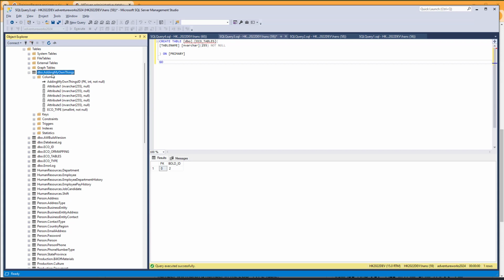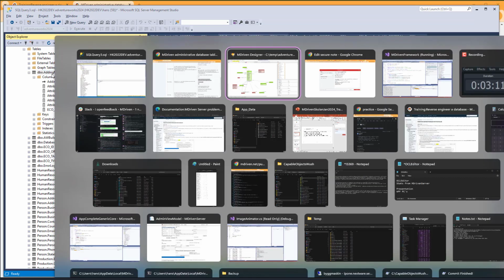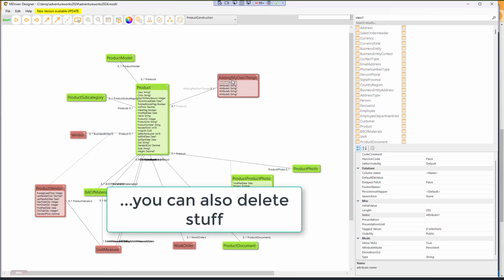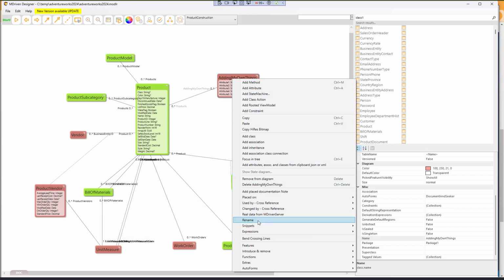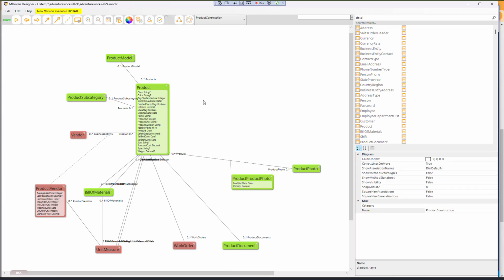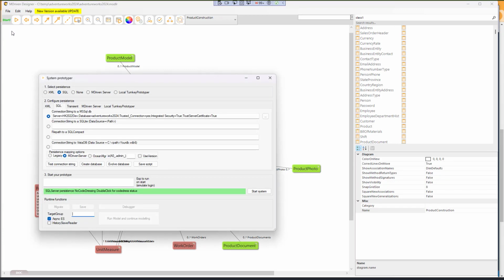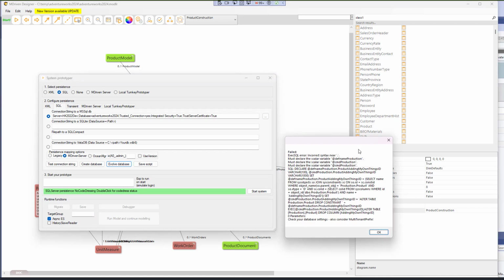Good. And of course, we are free to delete things as well, and the evolve mechanism should handle it. Now I'm not just doing remove, but actual delete. And if I then press the evolve database once more,